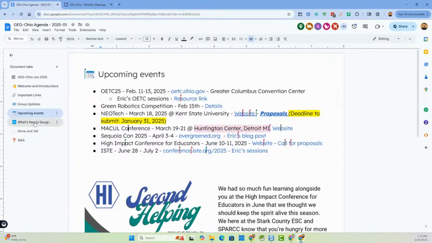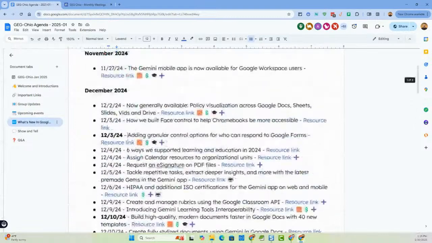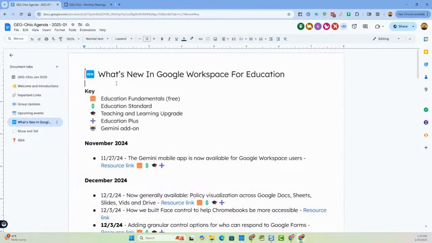Well, at this point, we are going to move into the main meat of our session here. We try to focus on each month, what's new in Google? What has come out? Google releases a lot of new stuff, so I do my best to keep an eye on it, reading all the blog posts and following all the updates, and I drop them into the document. Now, it's been two months since our meeting. Like we said, we didn't do one last month with the holidays,